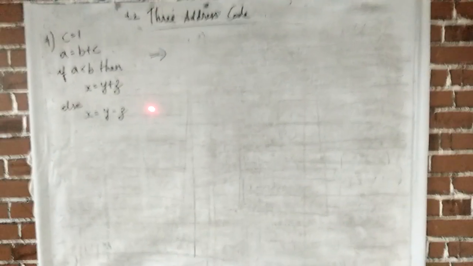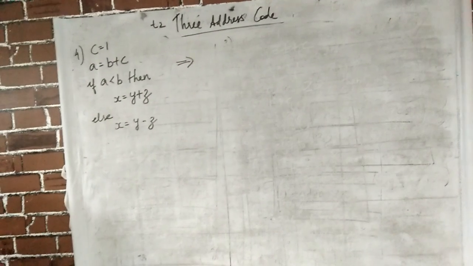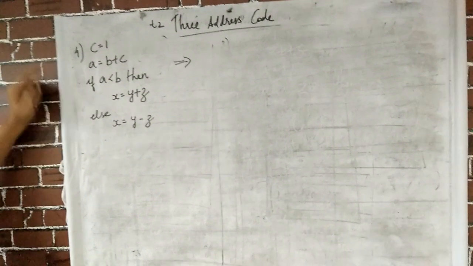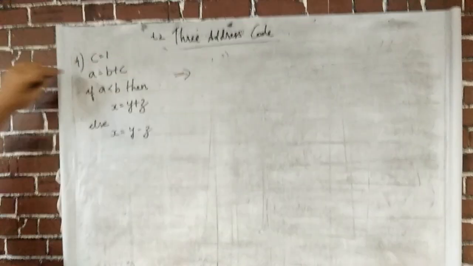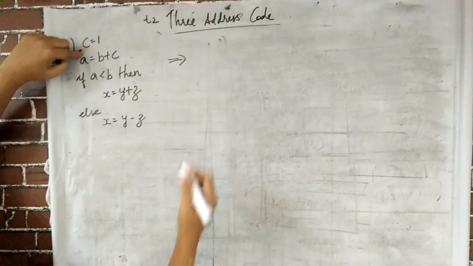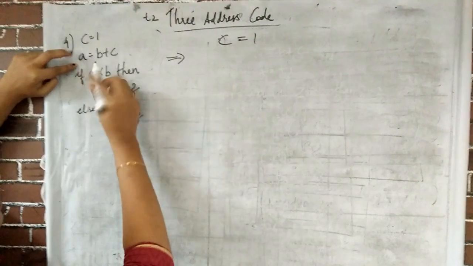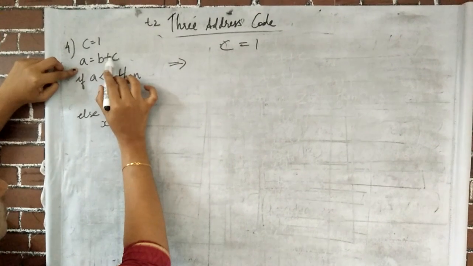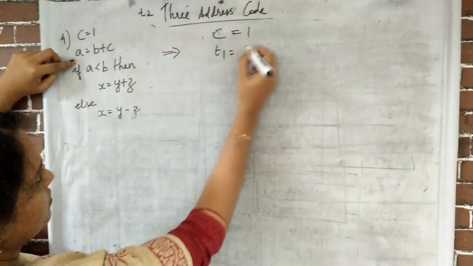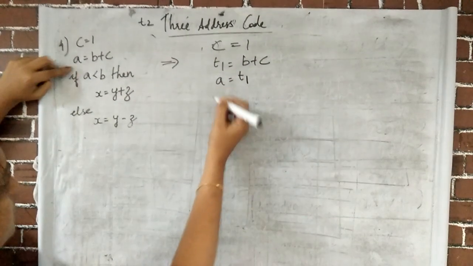Let's see how to write the three address code for conditional statements. Okay. Now consider this statement, that is, you are given an if else statement we have taken. Now the corresponding three address code for this is, here you have C is equal to 1, right? It is already a three address statement, so it can be written as such. Now here we have an operator plus over here. We have to do the addition, and then we have to assign it to A. So first T1 is equal to B plus C. Again A is being assigned with T1, right?